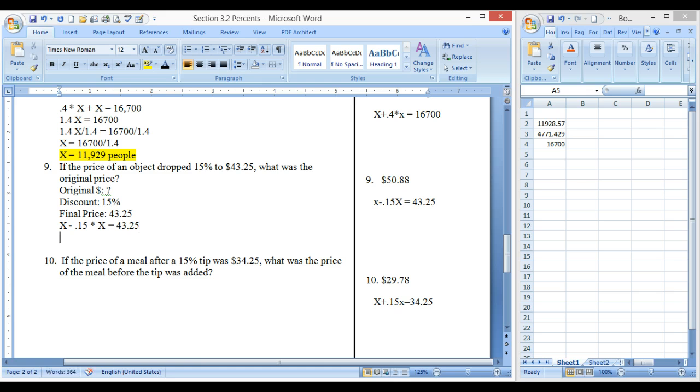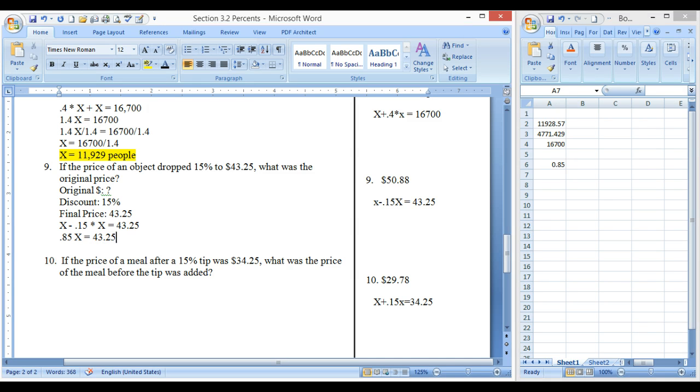Okay, so now again, I can go ahead and combine my X's. Because there's nothing in front of this X, I just put a 1. So I do 1 minus 0.15. If you're not comfortable doing that in your head or you're worried about making a calculation error, go ahead and use Excel. 1 minus 0.15. I'd rather you be more accurate and worried about the process of what's going on in 9 than the calculations of 1 minus 0.15. I'd rather you get that accurate than trying to do it in your head. There we go. So we get 0.85x equals